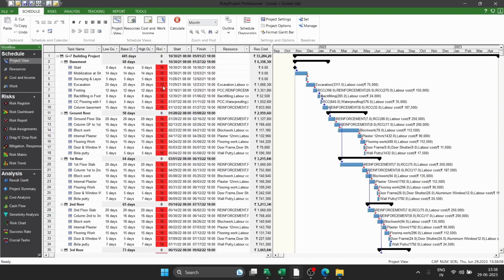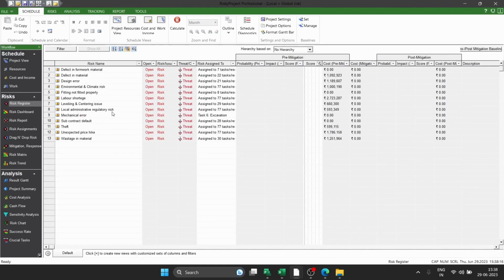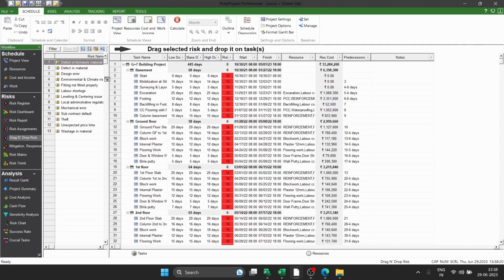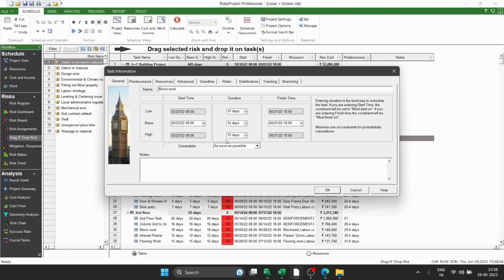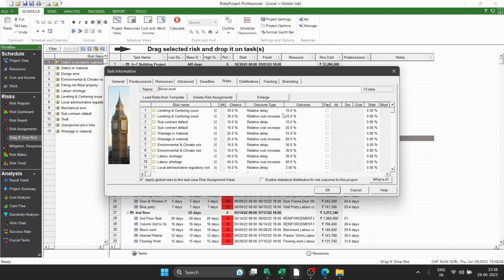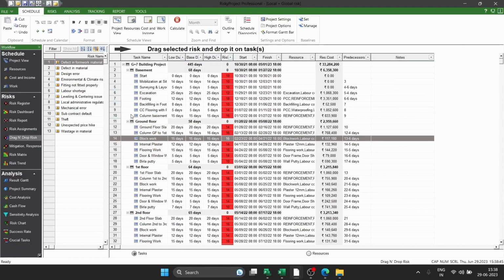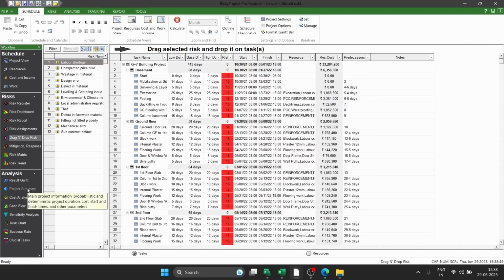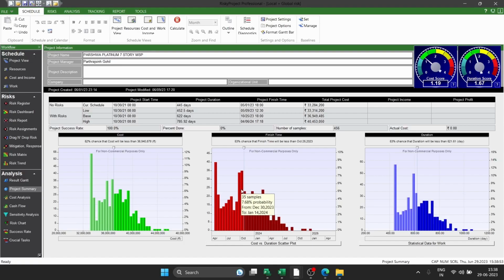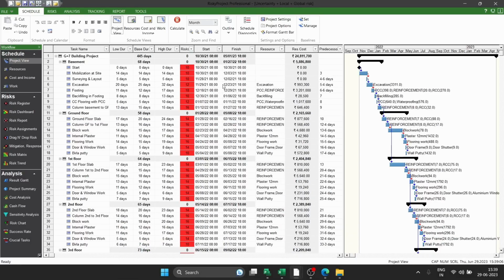उसी तरह हम जाएंगे लोकल प्लस ग्लोबल रिस्क। यहाँ पे हमने लोकल और ग्लोबल दोनों रिस्क को इन्वॉल्व किया है इसमें। रिस्क को यहाँ पे रजिस्टर किया सारे रिस्क को, उसको रिस्क ड्रैग एंड ड्रॉप में जाके हम लोकल रिस्क को एक्टिविटी वाइज और ग्लोबल रिस्क को हम डायरेक्टली टाइटल पे डाल के ऑटोमेटिकली असाइन कर सकते हैं। उसके हिसाब से क्या रिलेटिव डिले हो रहा है, क्या कॉस्ट इंक्रीज हो रहा है, उसका हमने परसेंटेज एक्सेल शीट में जाके देख सकते हैं। ये सारे डाल दिए। लेट मी calculate the result and summary। एज यू कैन सी लोकल और ग्लोबल रिस्क दोनों की एक साथ में क्या असर हमें प्रोजेक्ट पे दिखते हैं कॉस्ट में, वो हम यहाँ पे रिजल्ट में देख सकते हैं सारा।